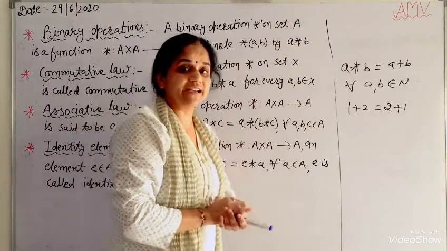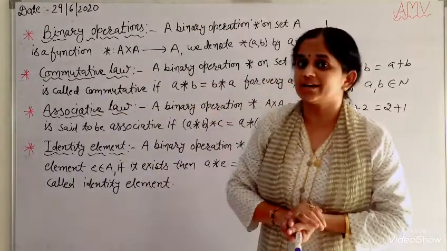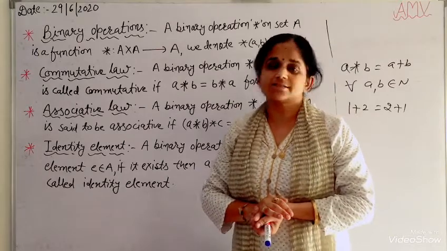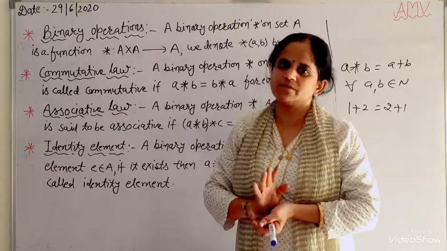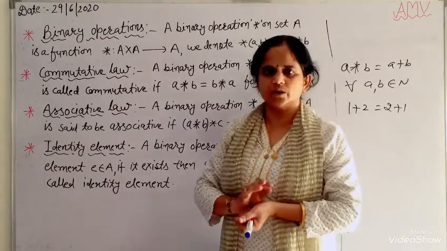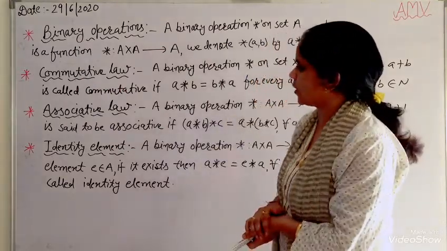Addition and multiplication for real numbers and natural numbers are associative. Okay, students. Now, next,